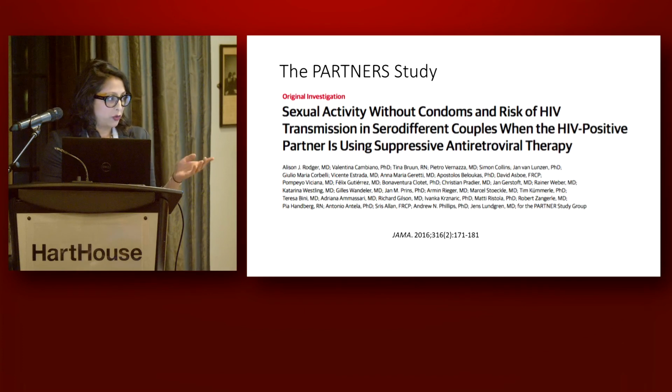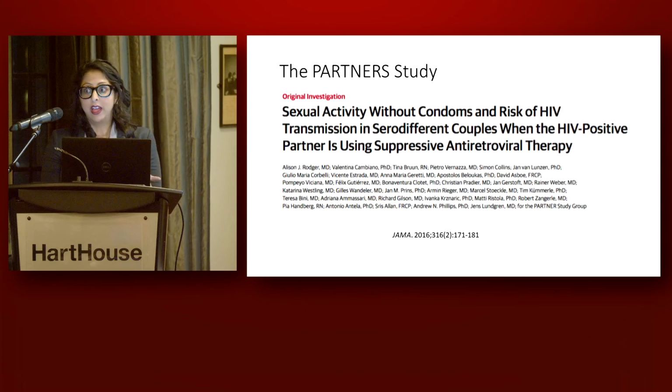This study from last year, which Rupert also alluded to, is the PARTNER study. And part of the impetus for this study was in all of the studies up to this point, including the treatment as prevention one that I'd mentioned already, people were encouraged to use condoms, right? So that was kind of part of the counseling, and people were told, like, you need to use condoms, and this is what you need to do. But this study recognized, well, that's not necessarily what's happening in real life. So what about, the point of U equals U is, well, do you need a condom then if you're actually untransmittable? And what does that mean for people's actual decision-making of should I use a condom or not?